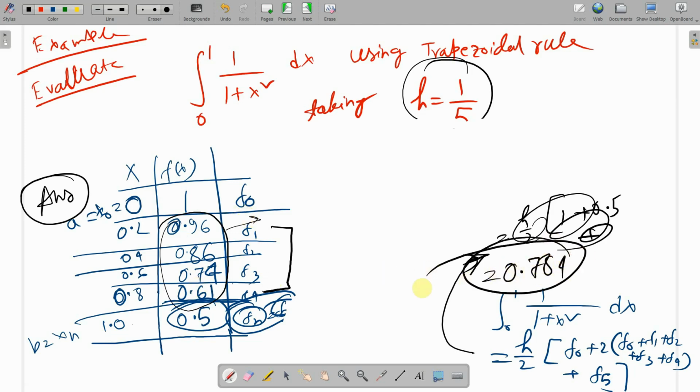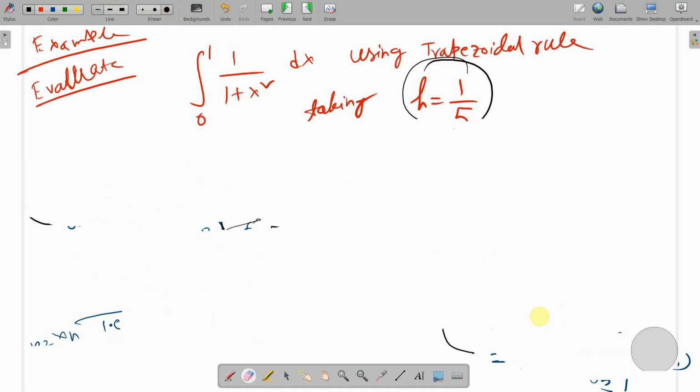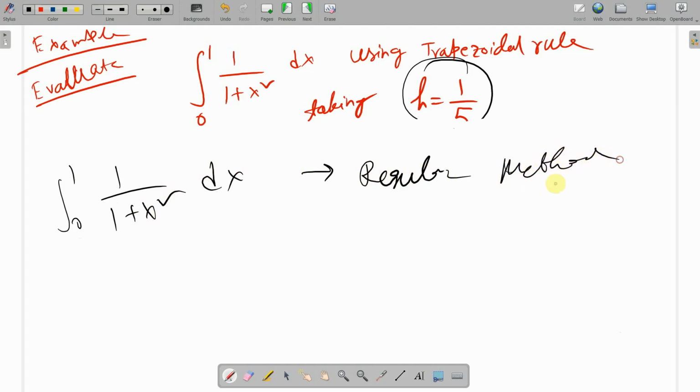0.784 आ गया। ओके, ये हम लोग ने कैलकुलेट किया यूजिंग ट्रेपेजॉइडल रूल। नाउ मैं नहीं करूँगा, तुम लोग करोगे, यूजिंग द रेगुलर इंटीग्रेशन मेथड जो हम लोग स्कूल में पढ़े थे। यू विल बी सॉल्विंग दिस डेफिनेट इंटीग्रल, 0 to 1, 1 by 1 plus x square dx, इसको रेगुलर मेथड से करो, जो वैल्यू देगा वो तुम्हारा ट्रू वैल्यू होगा।